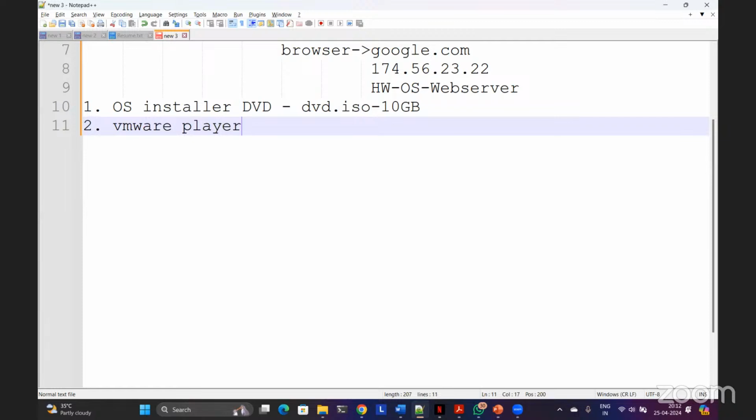VMware Player is free to use. There are more versions also available, like VMware Workstation Pro, which is for professionals and it's a paid version. Going forward, I'm going to help you with the differentiation, what is better and what offers good features and all, like that. So VMware is the main organization that has developed VMware Player, VMware Workstation, even the vSphere.